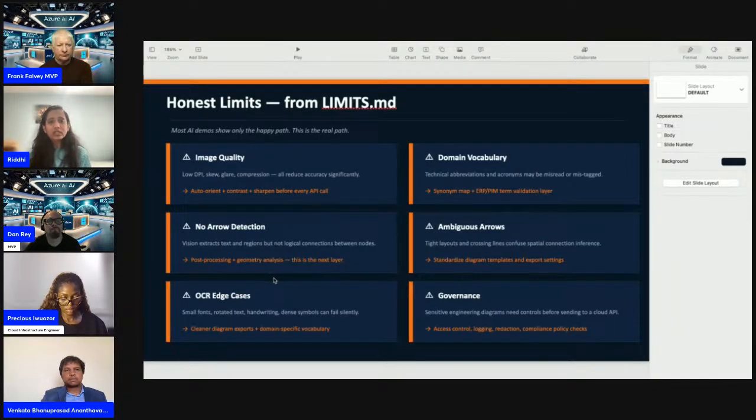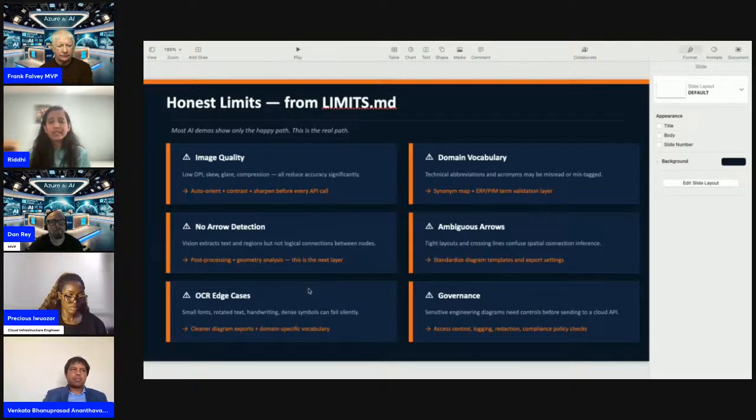Of course, there are limitations. As I have seen, the image quality has to be really good. That's the key point over here. If it's more colored, dark pictures, then the image did not work for me. I did try.